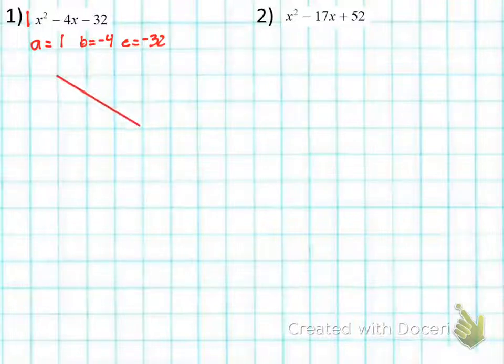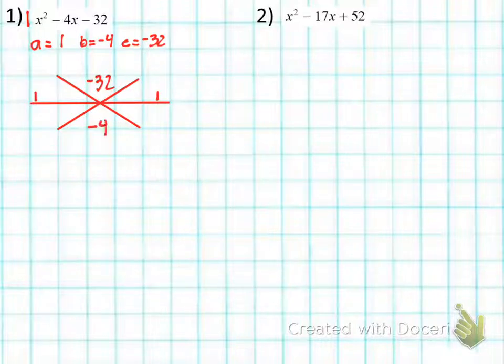For number 1, you draw the X box after you identify them. Over here and over here is going to be your A, so 1 and 1. A times C is negative 32. B is negative 4. So we're looking for factors that add up to negative 4 and multiply to negative 32. We know that positive 1 times negative 32 works, positive 2 times negative 16, positive 4 times negative 8, positive 8 times negative 4,